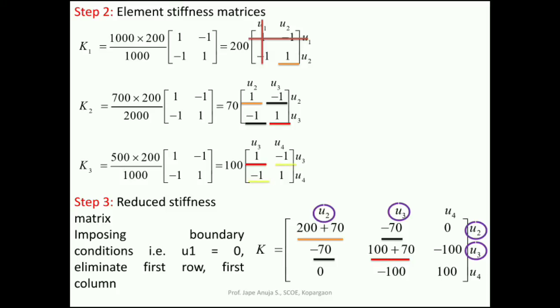Now the next element, that is U3, U4 or U4, U3. Here, with a yellow line, it appears in the K3 element. So 100 into minus 1, and also 100 into minus 1, U4, U3 or you say U3, U4, both are same. So that is written in the reduced stiffness matrix in step number 3 as minus 100, minus 100. And the very last element is this 100, U4, U4. The U4, U4 combination is shown here with a green line. It appears only in the K3 element, U4, U4, that is 100. Okay, so the stiffness matrix is completed.